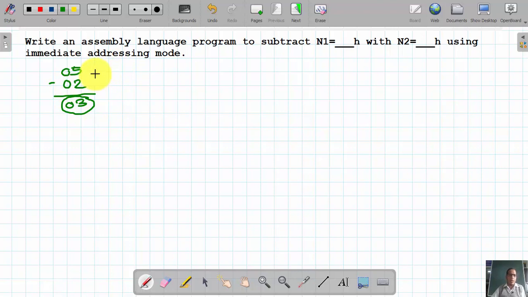So in the 8051 microcontroller, what is done? Suppose the first number is n1 and the second number is n2. To perform this subtraction, how is the CPU going to deal with it? First, the number n1 is kept as it is.